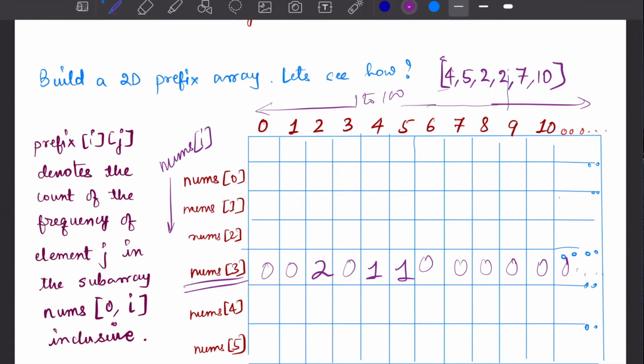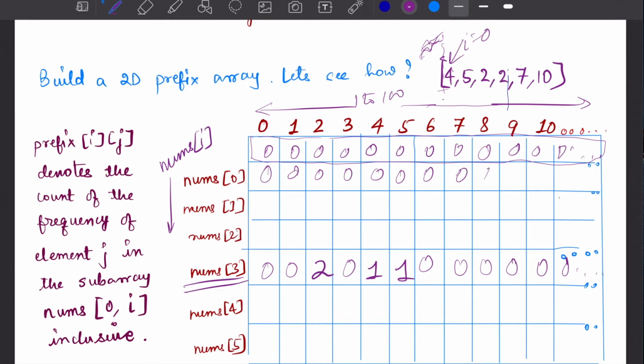So let's start. Firstly, I know before this start, none of the elements are present. So I simply fill everything with zeros. So when I am at index I equals 0, I already know what all elements were present before this from this particular row. Correct? So I simply copy this entire row again, because these were the elements that were present till now. And next I see this new element 4 at I equal to 0. So I will simply go to 4 and I will increment this value. Correct?